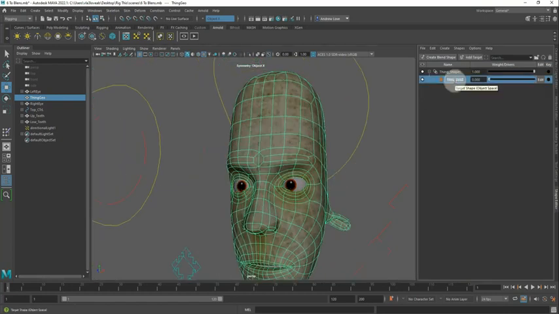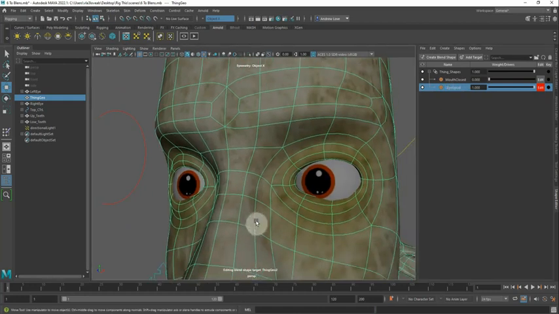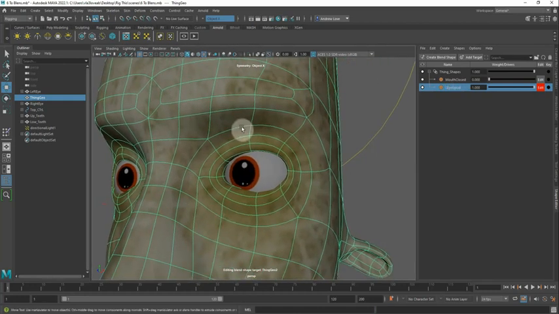So I can name it mouth closed. There we go. So I can go back here, add target, and we can go L, I, up, lid, eyelid up. So what I want to do is work on the top half of the